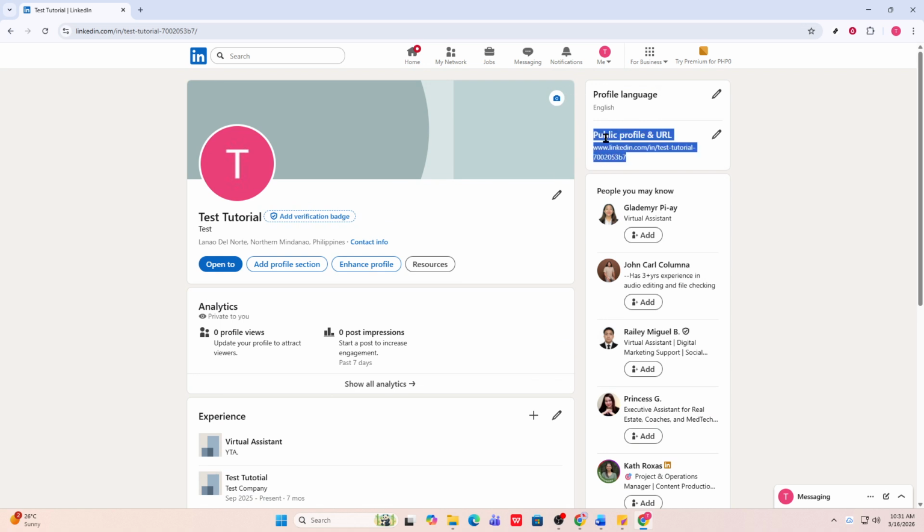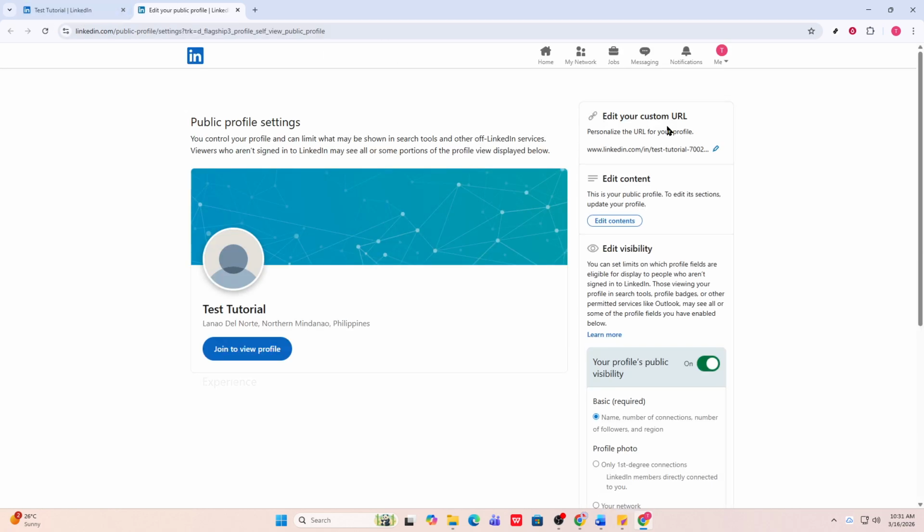On the public profile page, you'll see a section that displays your current LinkedIn profile URL. It typically looks like linkedin.com/in/your identifier. Focus on that link, highlight it so the entire address is selected, double click if it selects cleanly,